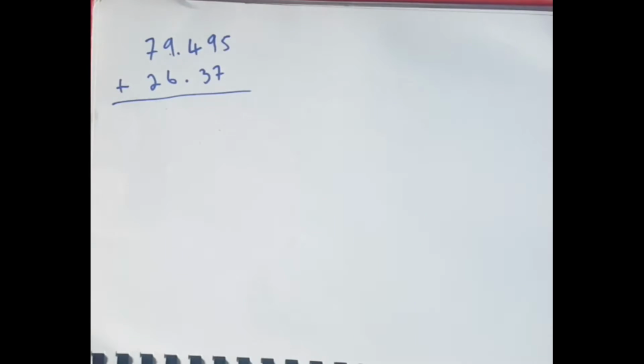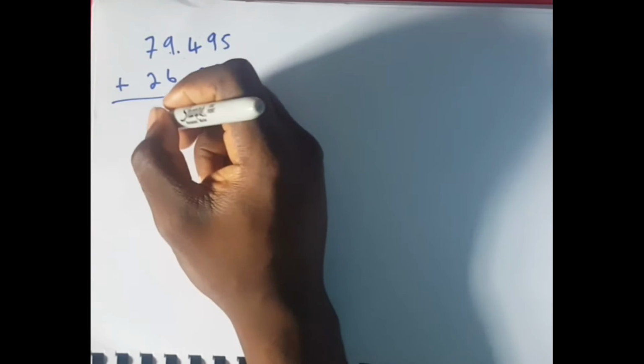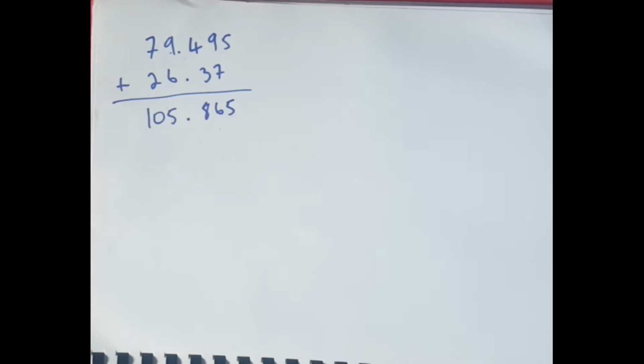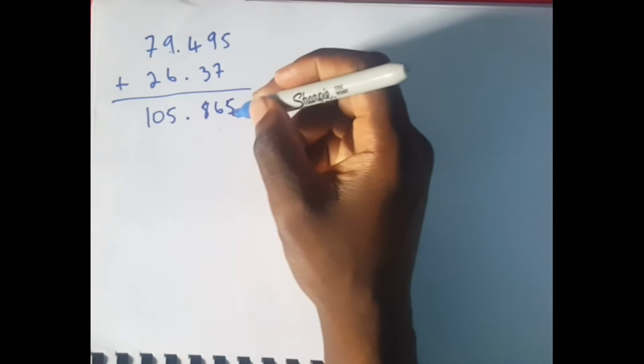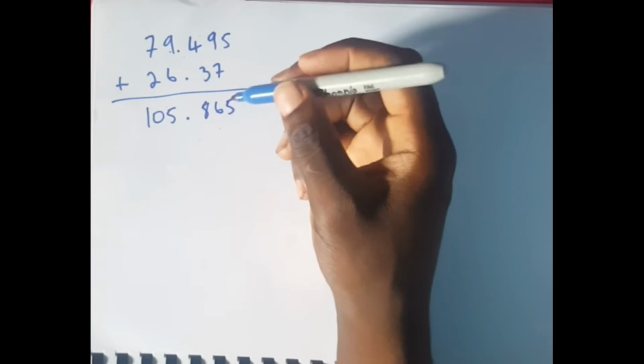Say you were given two numbers to add. You got 79.495 plus 26.37, and you're told to add both numbers. If you go ahead and type this in a calculator, your answer will be 105.865. Even though this is the answer you got from the calculator, it would be wrong based on the laws of